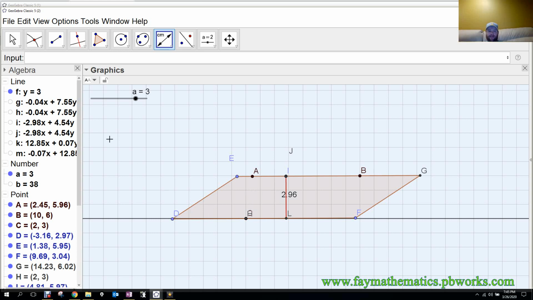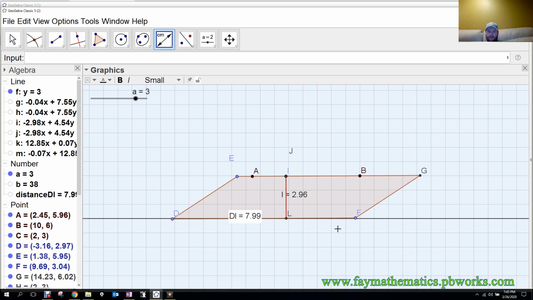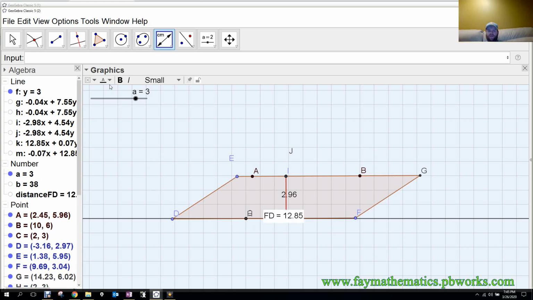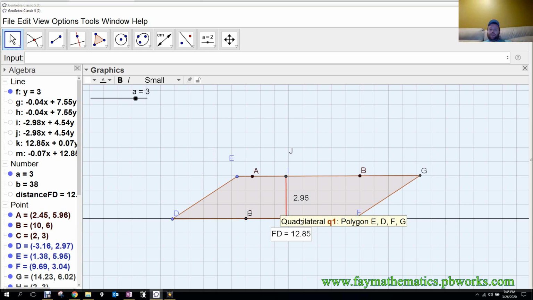2.96, and if I look at the distance D to F, F to D, there you go, 12.85. So if I take those two numbers, multiply them together, I get 38. Okay. Now, something that you have the ability to do, and not many people do this, but is the potential